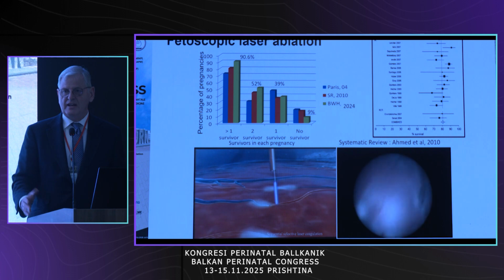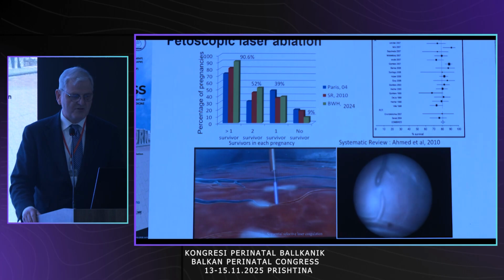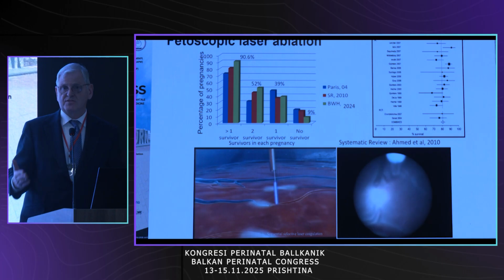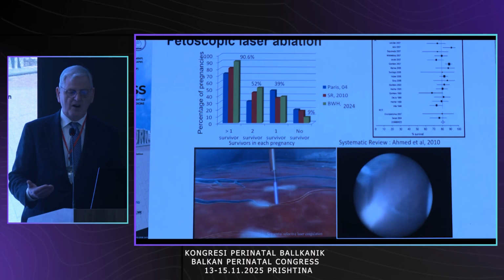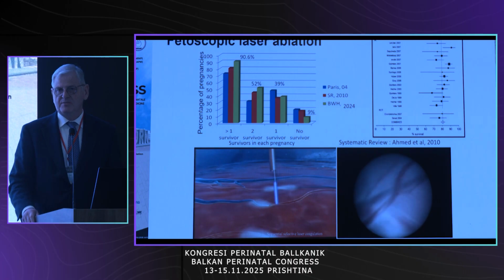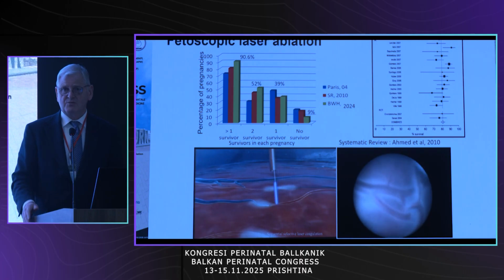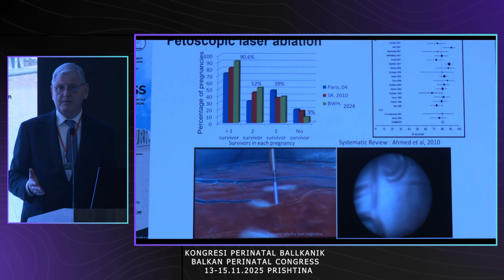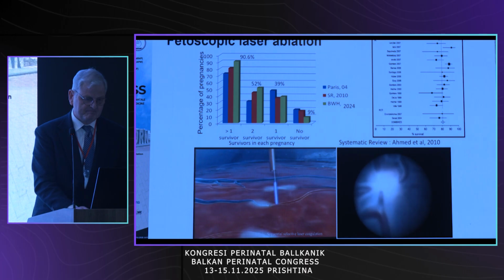So last year in our centre, we did nearly 50 fetoscopic laser ablations, and you can see that in 91% of pregnancies, there was at least one survivor. In 52 to 60%, there were 2 survivors. In 40%, there was 1 survivor, and under 10%, sadly, both babies died. And when you compare that to the natural history of twin-to-twin transfusion syndrome, where over 95% of pregnancies will lose both babies, that's a massive change in the outcome for the pregnancy.